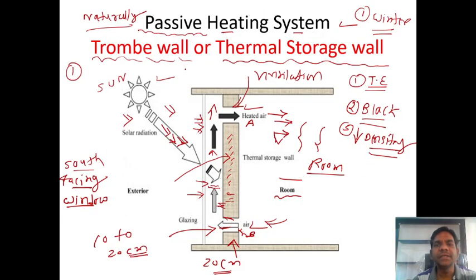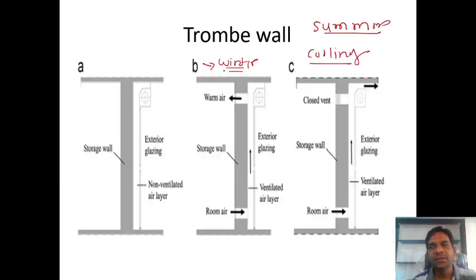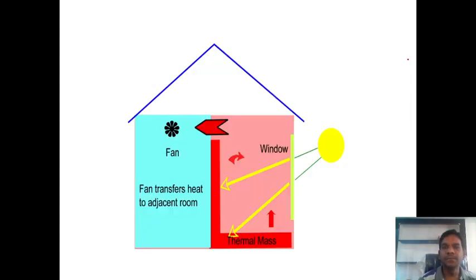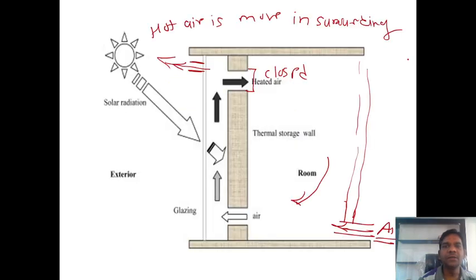So we can use this same system for cooling purposes. If you consider here, guys, suppose this is our room. This room air enters in between this glazing and this wall. The sun will be there and emits radiation. The air will be heated, but this air does not come into the room. This air will exit into the atmosphere. So in this way we can use this application for cooling purposes, guys. But the heating application is most effective as compared to the cooling application.